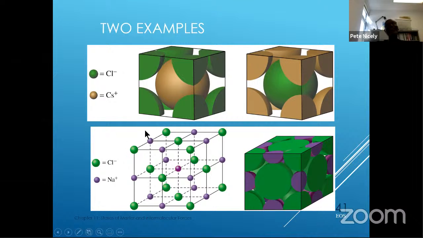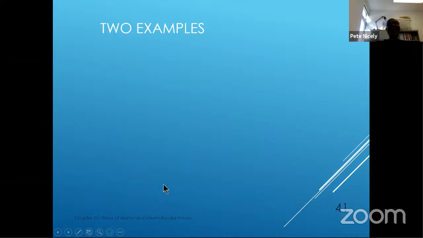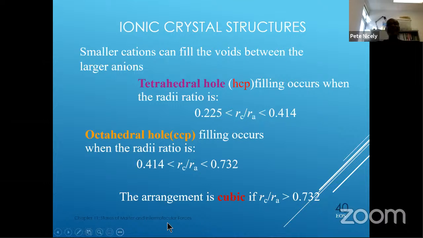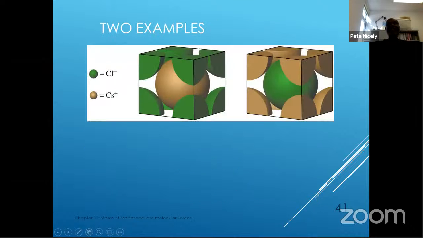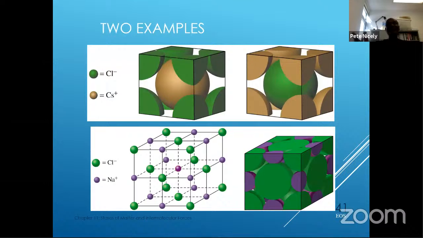And the reason why that's the case is because the cesium to chloride ion ratio is larger compared to the sodium to chloride ion ratio. So if I had to guess, I would say the cesium to chloride ion ratio would be within this range here, whereas the sodium to chloride ion ratio is within that range. I'd have to actually get the numbers and do the calculations and see, all right? But I think that's basically the case when it comes to these two, all right? So those are just two examples of different compounds adopting different structures based on the ratios of